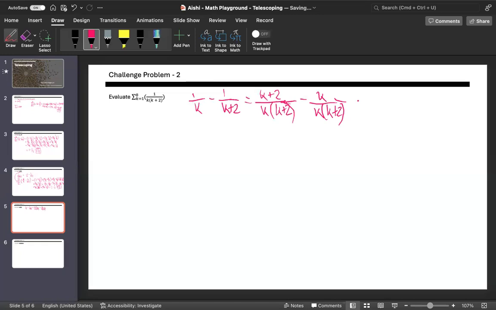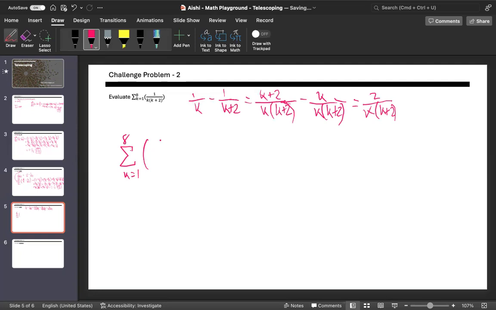Okay, so this would be 2 by k times k plus 2, which is not what we want, but we want half of this. So we can also write this as sigma of